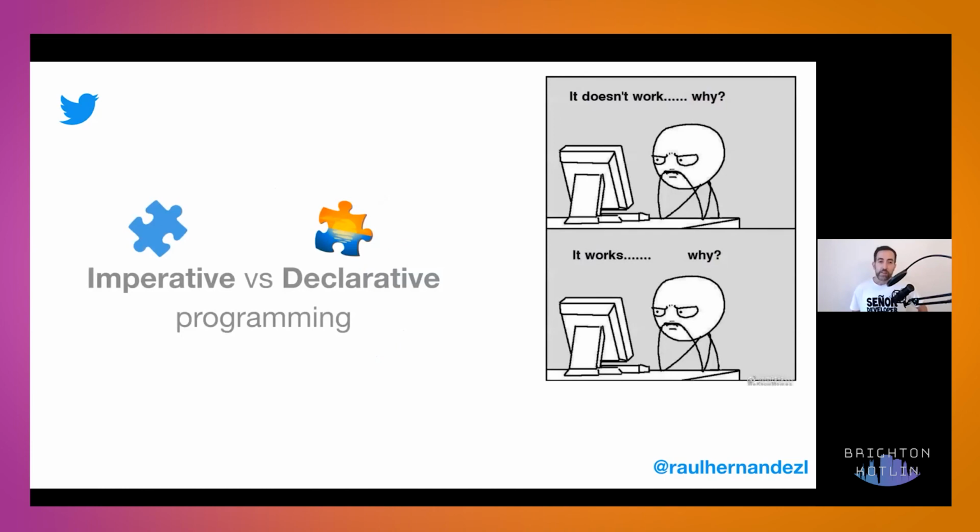Thinking in imperative versus declarative programming is a very interesting change of mindset, because we come from a world where we need to set visibility, enable something, disable something, hide this, hide that. And now we don't care about it anymore. We just have it or we don't have it. What does it mean? Declarative UIs don't need to care whether something is visible or not.